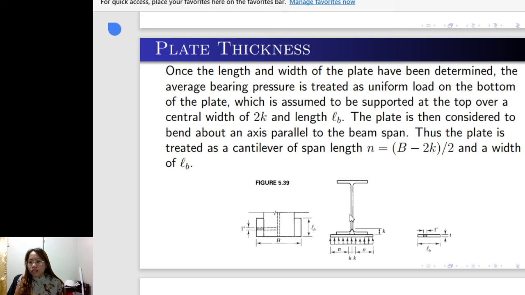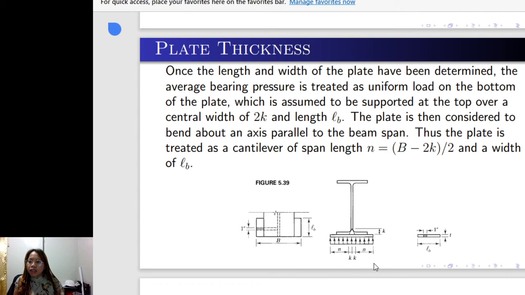This also equals 2K plus 2N, the whole length, uniform load. The plate is then considered to bend about an axis parallel to the beam span. Thus, the plate is treated as a cantilever of span length n,